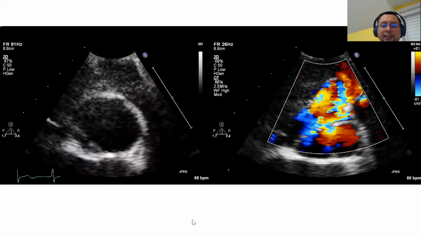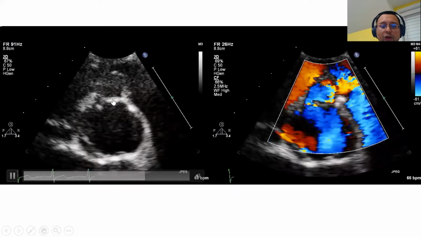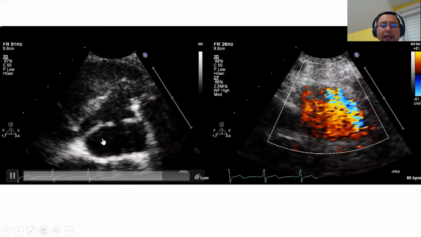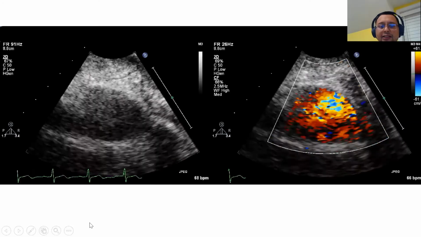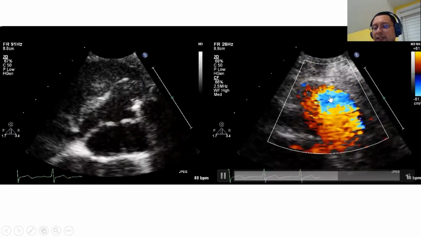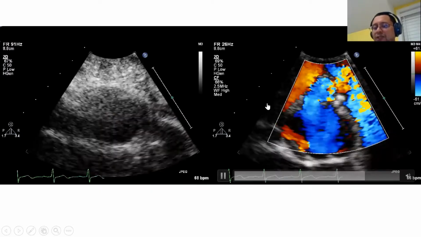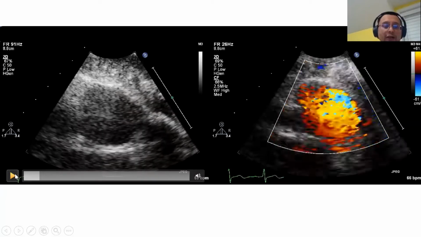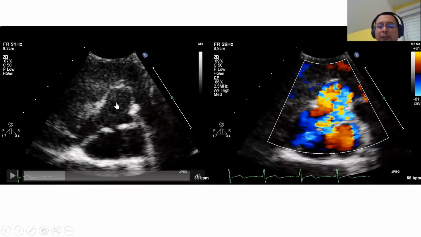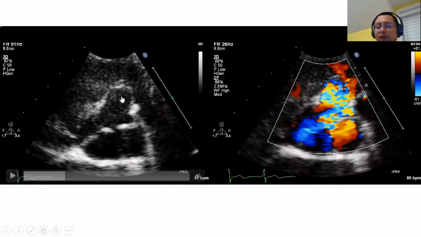Look at the short axis view here, all right? So this on top here is the right coronary cusp. At the bottom is non and left coronary cusp, okay? And you can see here from short axis view, this is the defect, that is the sinus of Valsalva rupture there. And if you look here, if I were to pause at the correct time, so this is the windsock appearance of sinus of Valsalva rupture.